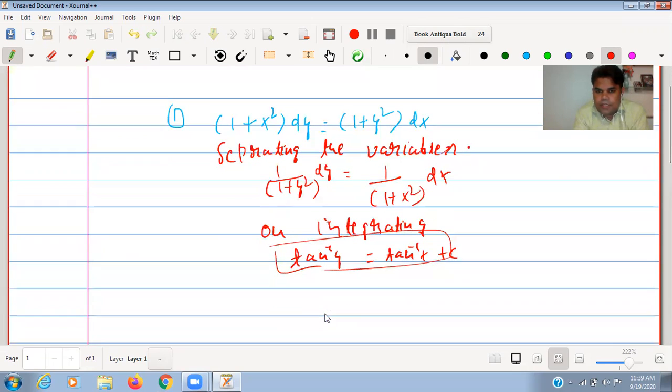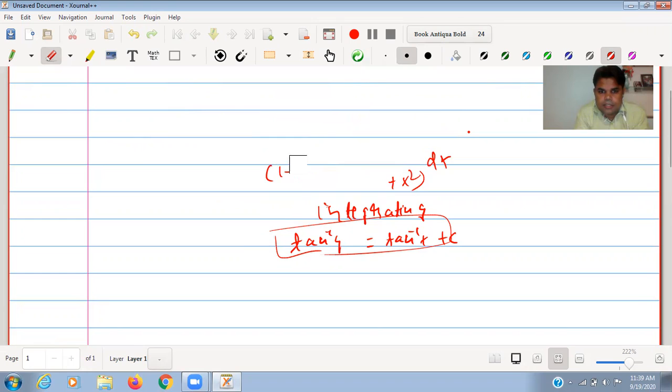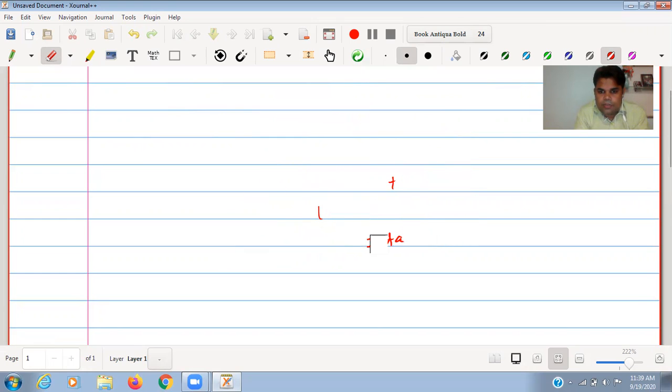So in this way we can use it, and if we want to erase, we can very easily erase it. We can also change the background. If we want a plain background, we can easily take it.